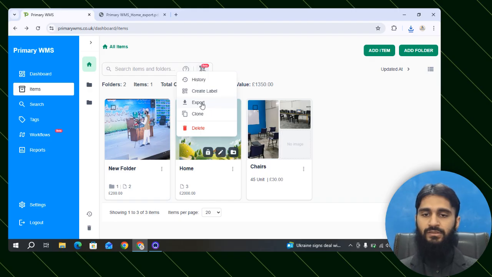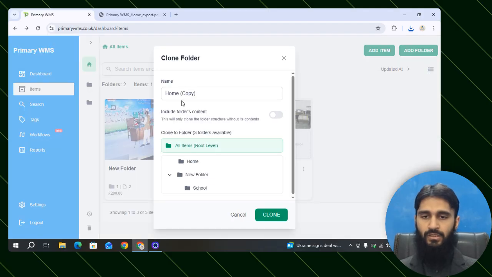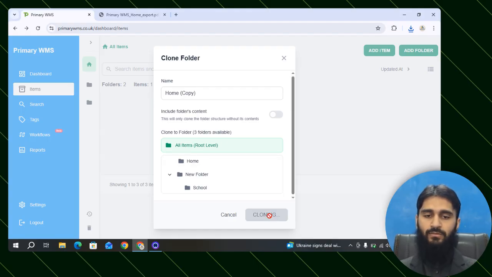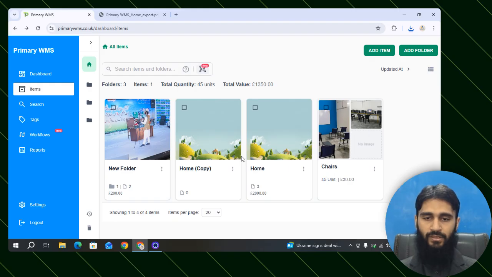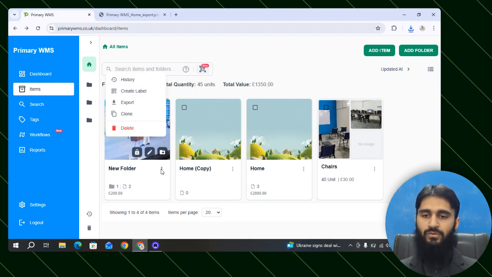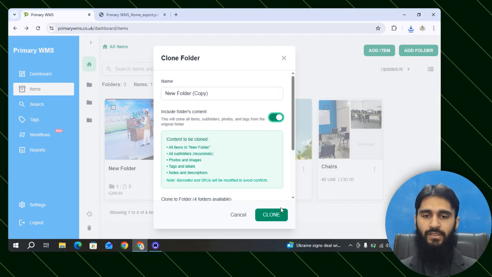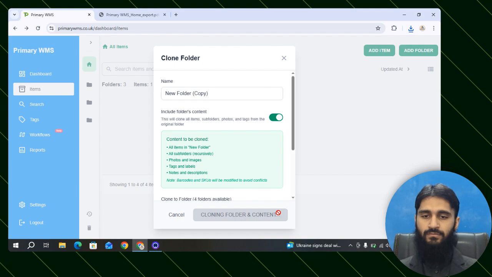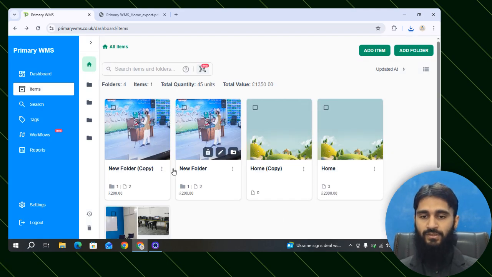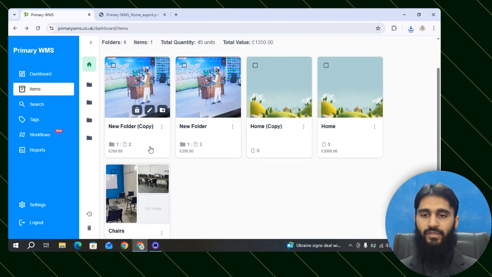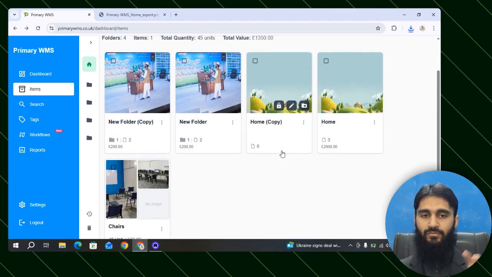The next is after we can clone this home folder. He is asking about inner content. I don't want to copy the inner content. I just want to clone this folder. Okay. If I want to clone the inner content, you also can clone all of the content of this folder. You can see number of folder inside one side folder, two items same, and you can see here is no item, just cloned parent folder only. Okay,